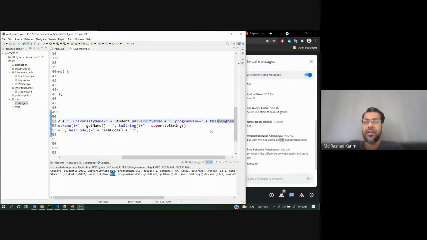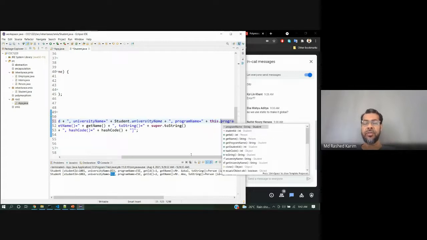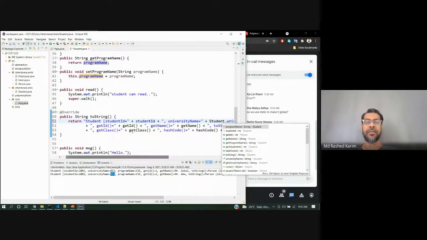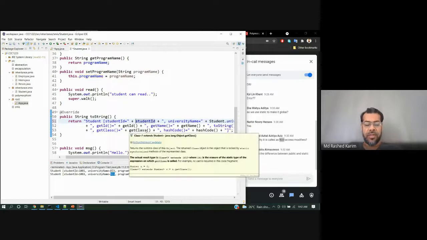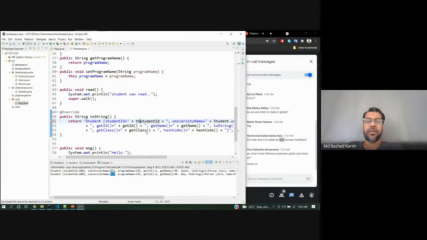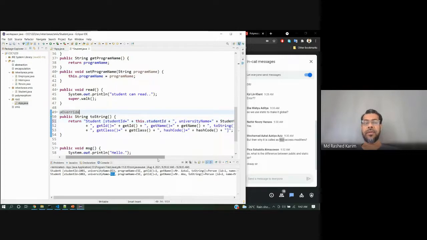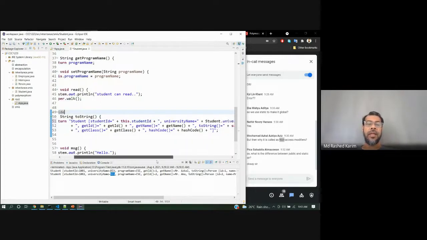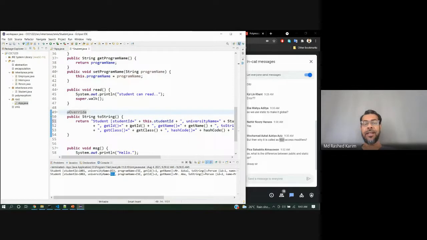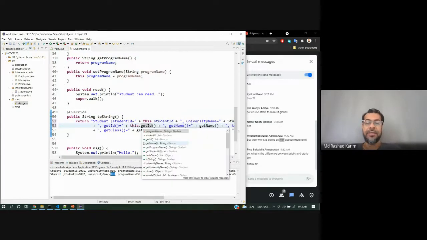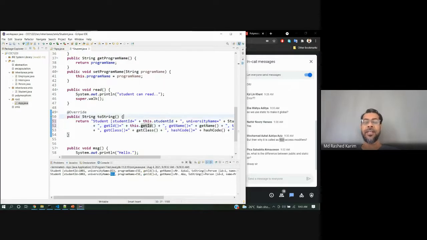You can put this type of notations. Even within the method, if you declare this, you can put this also, because this is instance type. It's not static.